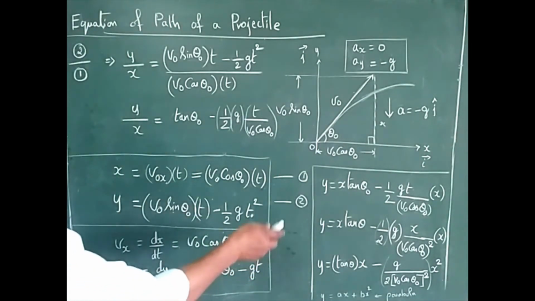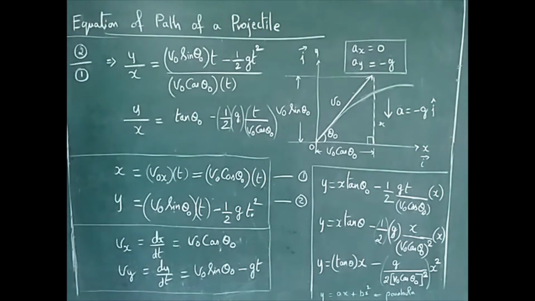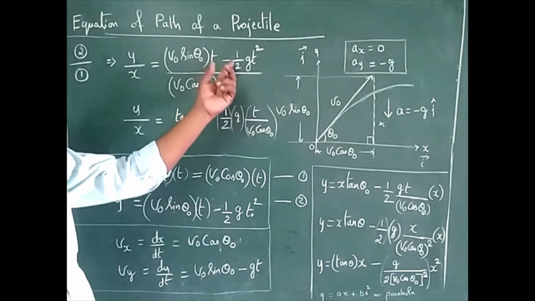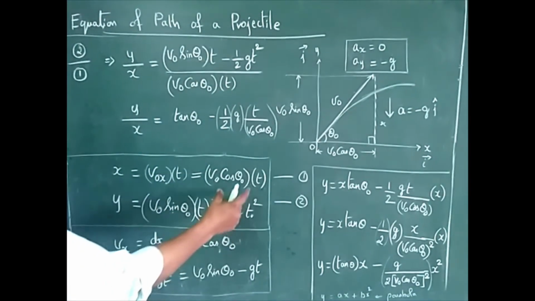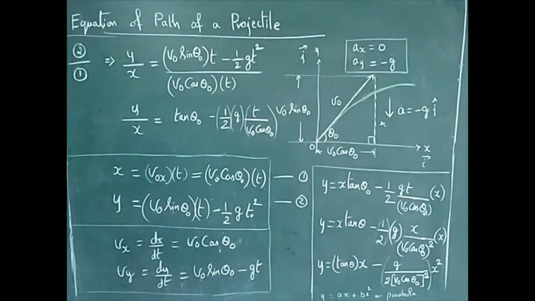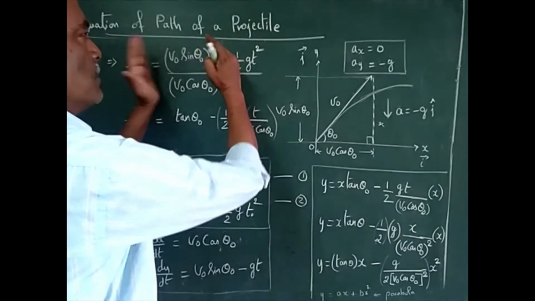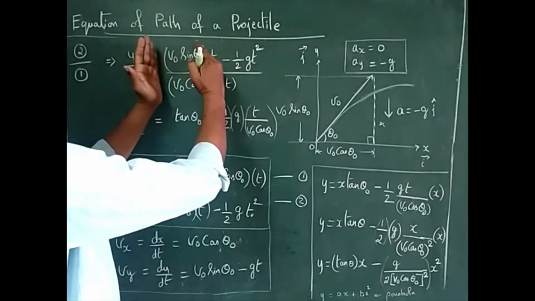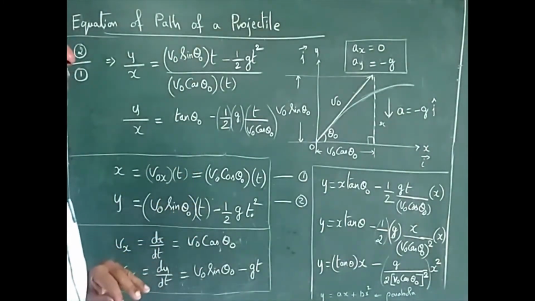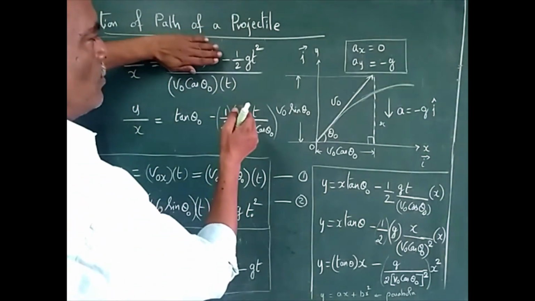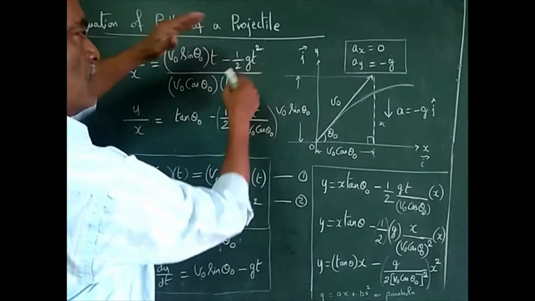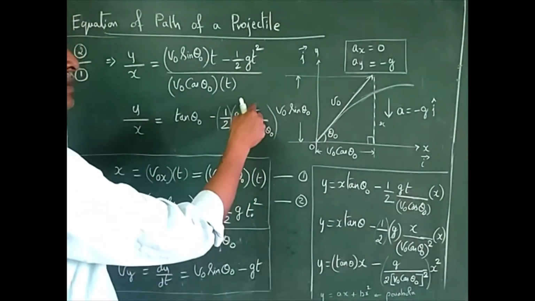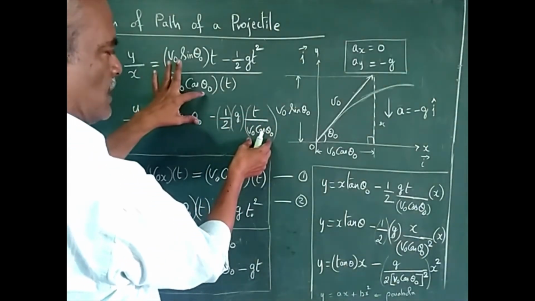Now second equation divided by first equation, that is y divided by x. Y is v naught sin theta naught t minus half g t square divided by v naught cos theta naught into t, that is this value, divided by x. Now first you separate the two terms. First, in this term t gets cancelled, v naught gets cancelled. Sin theta by cos theta is tan theta naught. Similarly, you concentrate on the second term, minus half g, this t and this t square, one t will go. Therefore t and v naught cos theta naught.